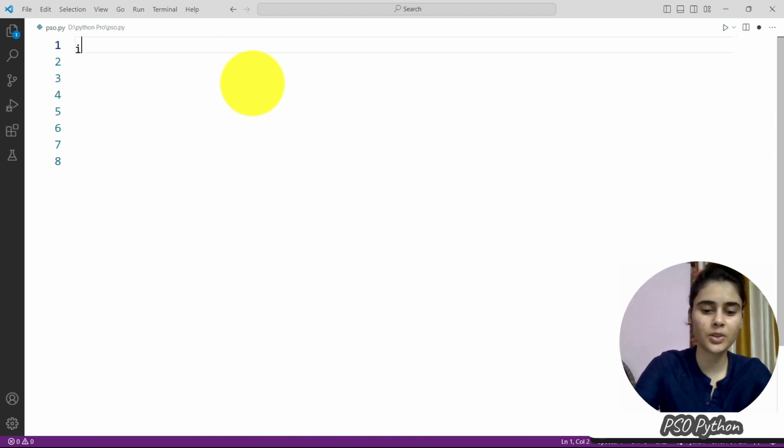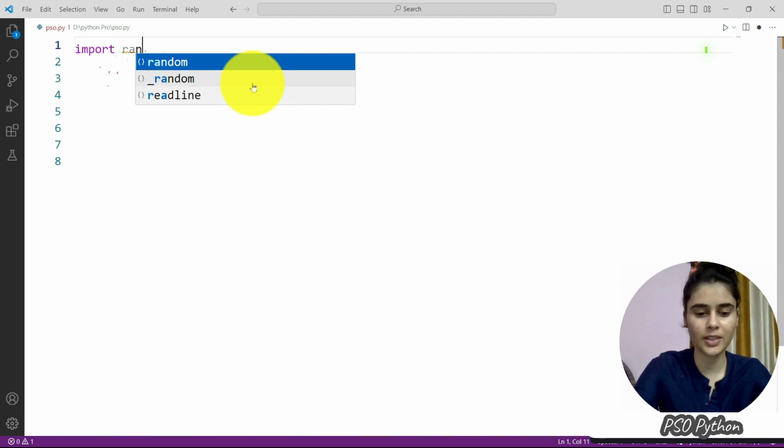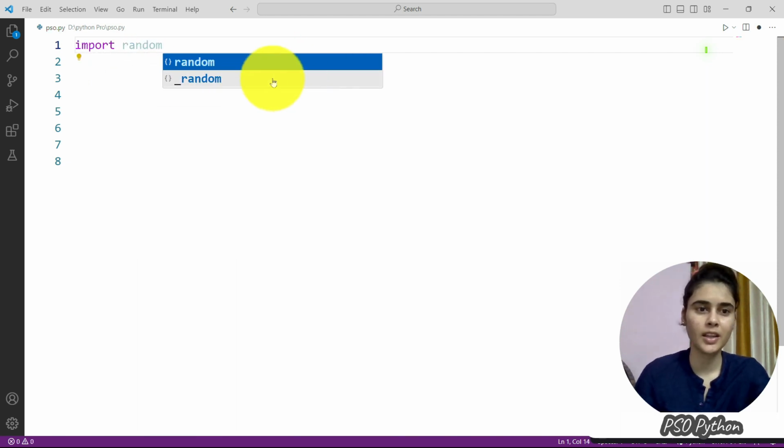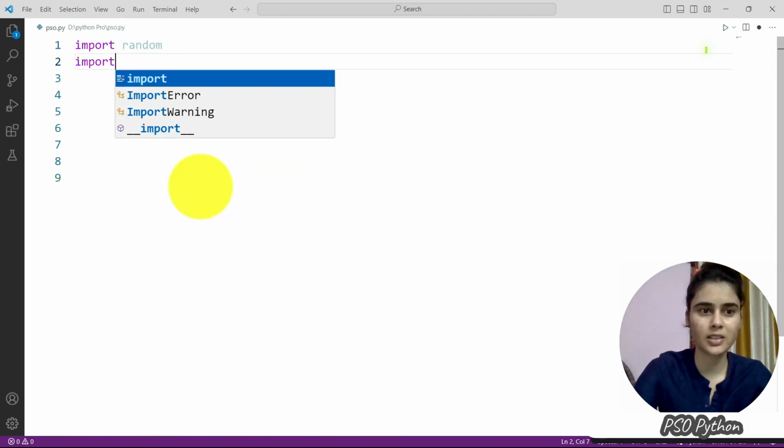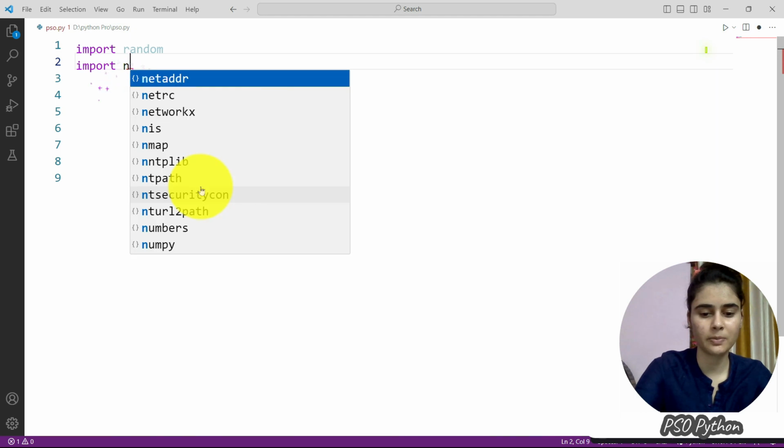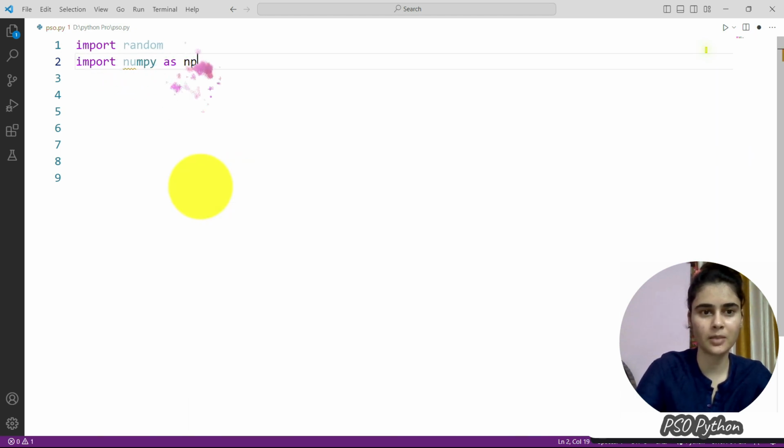First we will import important libraries. First we have random. We are using this to generate random numbers in this algorithm. Next we have numpy as np. Using this we can perform numerical operations and array manipulation.